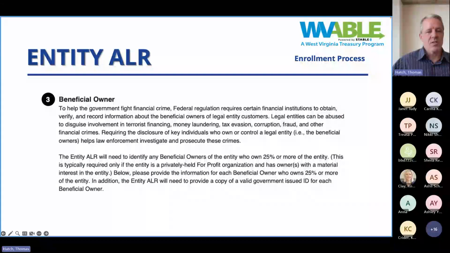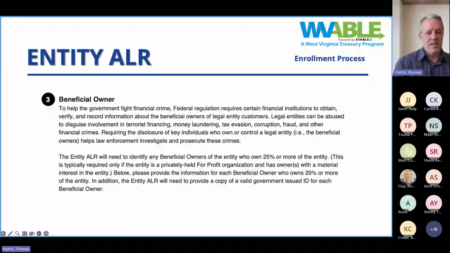After the controlling officer, we have the beneficial owner information. And the beneficial owner is something that likely, in fact, I don't even think we have a single one within our program that has ever filled this out, so you're likely going to skip over this part. What this essentially is: if the company is in a structure such that it is owned by a very small number of people, probably more like a corporate structure where maybe there's one person that owns 100% of the company, or multiple people own 25% or more of the company, then there is some information sought about the beneficial owner. You can read it here.